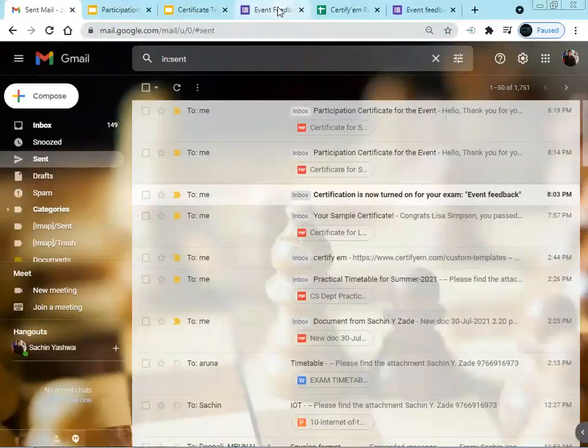Whatever certificates are issued with the help of Certify'em are distributed from our Gmail account itself, so this can be seen in the sent option. We can see how many certificates we sent and to whom we sent them, and this can be easily checked with the sent option in our Gmail account.